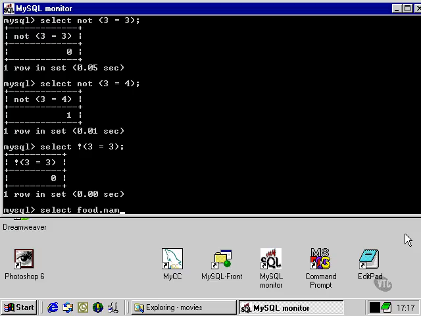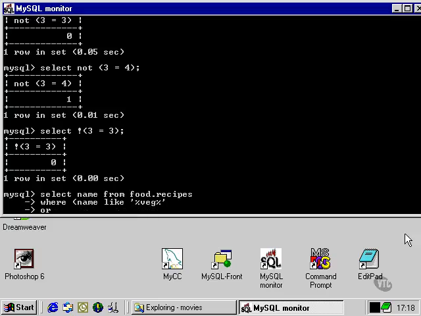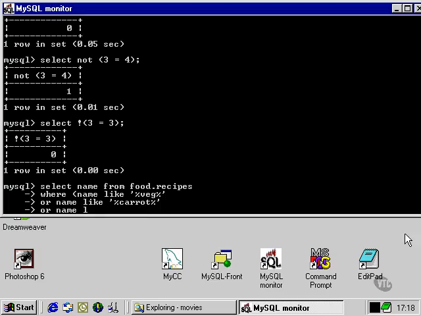If we have a look at the name column from food recipes, which is the recipes table in the food database, we can specify a string of different expressions, and we're going to put some of them inside brackets, and we're going to ask that, for instance, it includes the word veg somewhere in the name column, or we're using the logical operator or here, name includes, by using the like operator, carrot, or name like